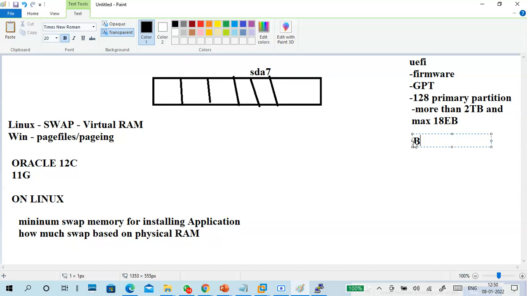Next is the BIOS type. Your machine's hardware is BIOS type, not UEFI based firmware. Your disk type is MBR, master boot record, versus GPT, GUID partition table. Here we create 4 primary, or 3 primary plus 1 extended.